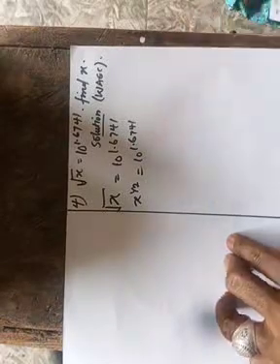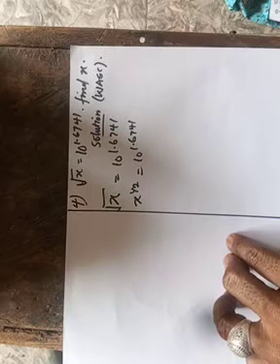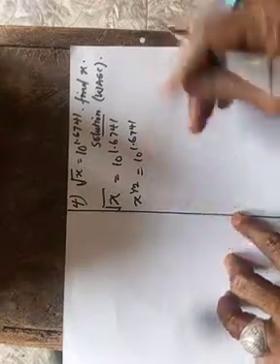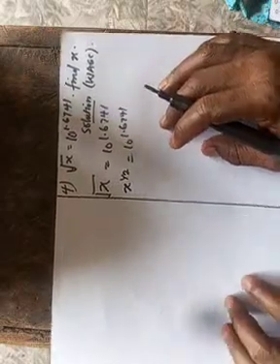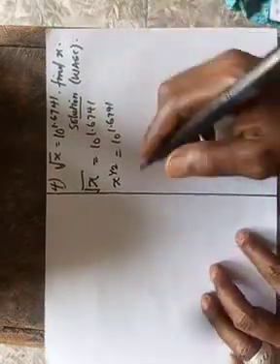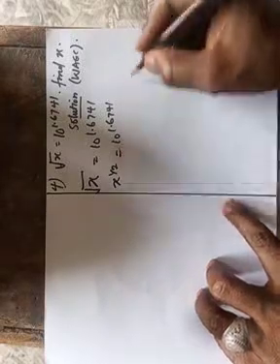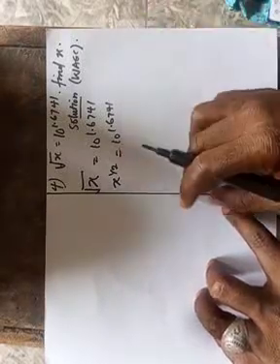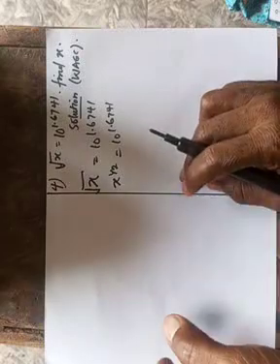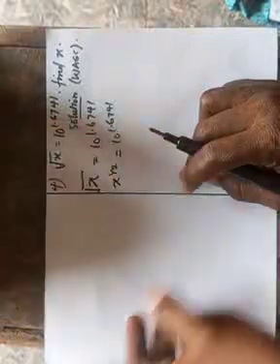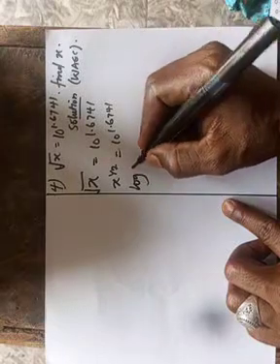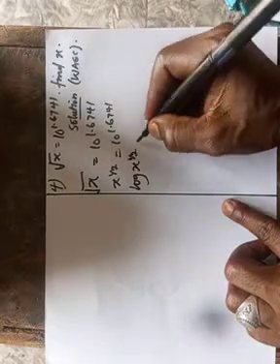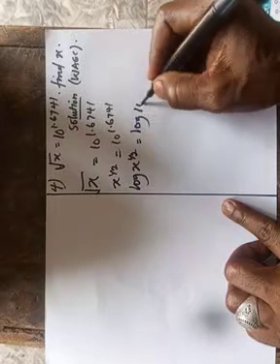We have two methods we can use in simplifying this, but I will use one. Then later, if anybody needs the other method, you can DM me, then I will do the other method for you. But for this one, I will do only one method. The one method is you introduce logarithm, because you know in logarithm, power can multiply base. So we have power here, we have power here. If you introduce logarithm, the power can come down and multiply. So we can simply say log x raised to power 1 over 2